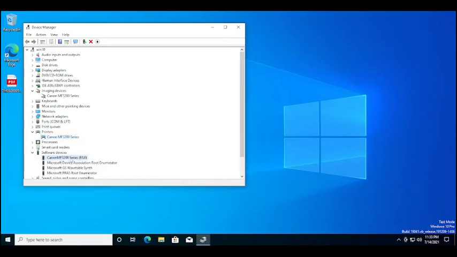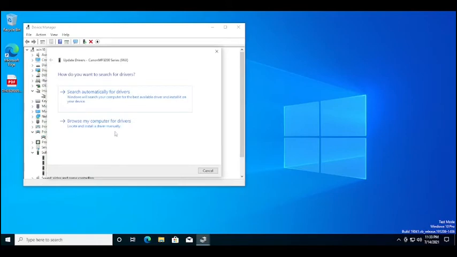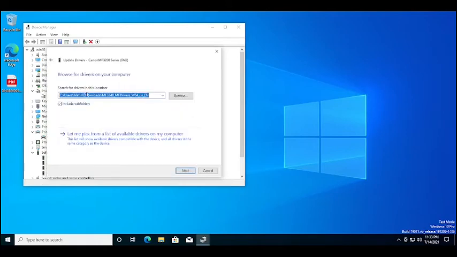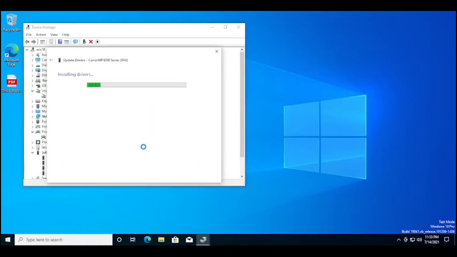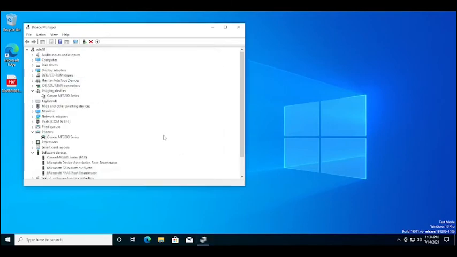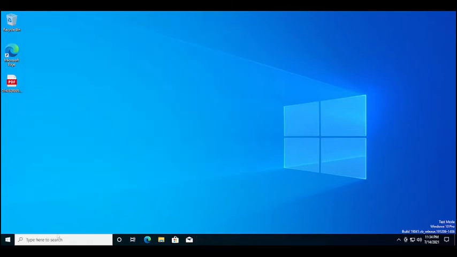I do the same thing for the fax. So I right click, update driver, browse, the folder is here. I click on next. It installs it. Alright, so we have it here too, and that means if I go to